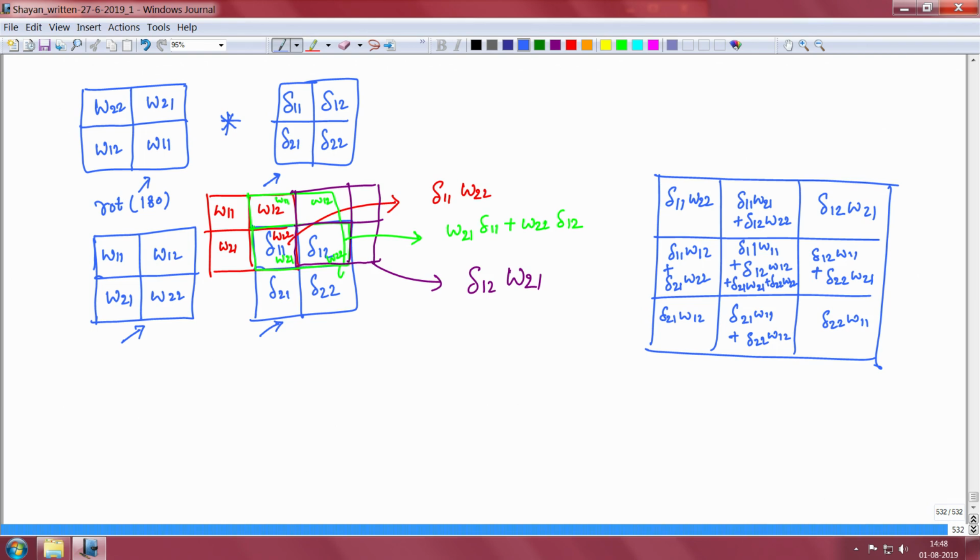So, here we saw that we are looking at the rotation of the filter. This was an intuitive way of getting all the local gradients at the input layer, involving the rotation operator on this kernel or the mask. Now, we will see through mathematics how this is carried out.